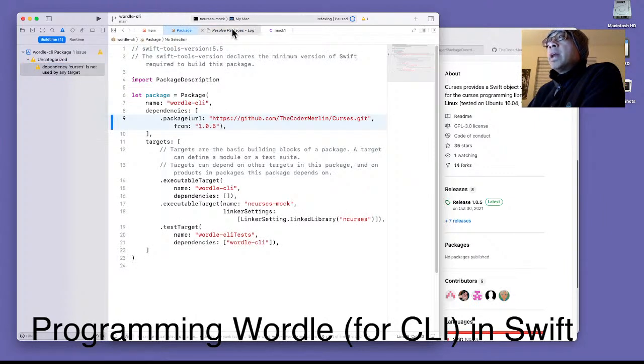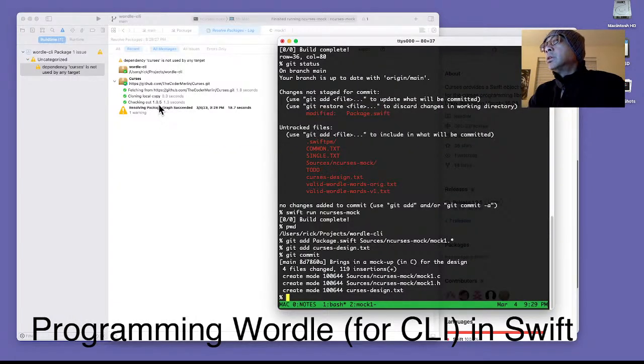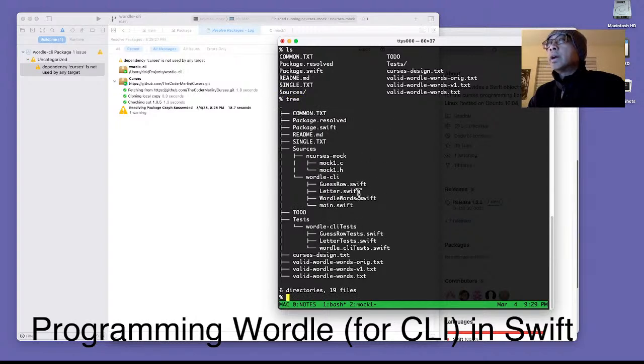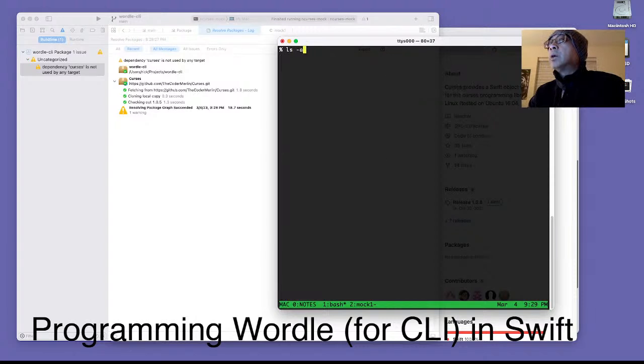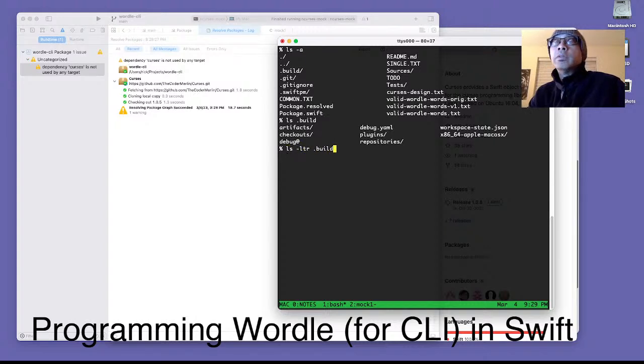update here automatically brings down all of this code. Where it puts it, I don't know, but one of the things I notice about Swift packages is even though this looks pretty empty, it's just our source files, there's a massive amount of hidden directories here, including this .build business. And if I do ls -ltr .build to see all the files listed in reverse timestamp order,